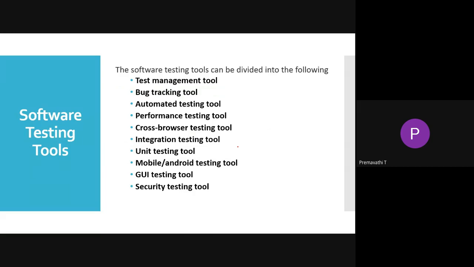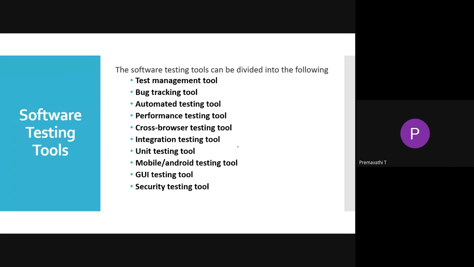We use these tools for doing our testing: test management tool, bug tracking tool, automated testing tool, performance testing tool, cross browser testing tool, integration testing tool, unit testing tool, Android or mobile testing tool, GUI testing tool, and the last one is the security testing tool. These are all the classifications in software testing tools.